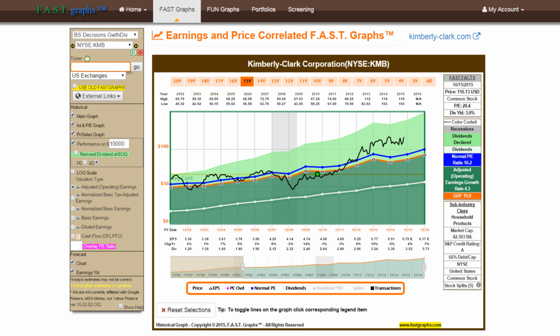The way this applies to the collect and invest dividend reinvestment strategy is I own both of these companies. Kimberly-Clark has now gone into a level of high valuation, and I'm getting dividends from it each quarter at a very nice rate. And I'm actually very happy with that. However, I'm not really inclined to want to reinvest my dividends into this stock today at a PE of 20.4, blended PE of 20.4, which means I have to pay $20 to buy every dollar's worth of